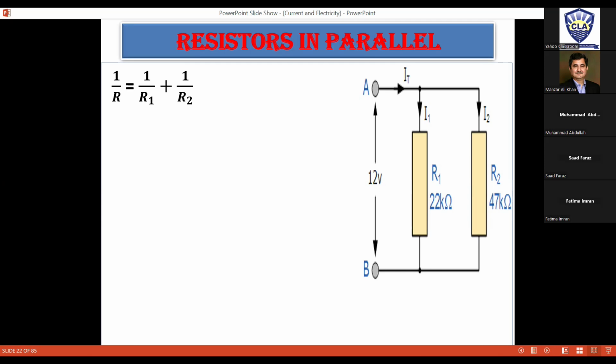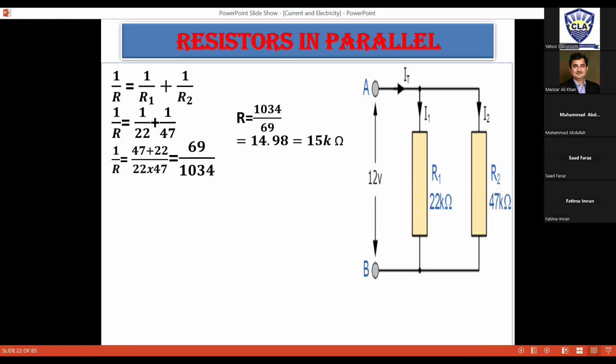1 over R1 plus 1 over R2, 1 over 22 plus 1 over 47, both in kilo ohms, we will convert to kilo ohms later. LCM, take the reciprocal, this is your value for combined resistance. So you add in reciprocal, take the LCM, and take the reciprocal of the answer again, then you will have the resistance. If we want to find I1, then 12 divided by